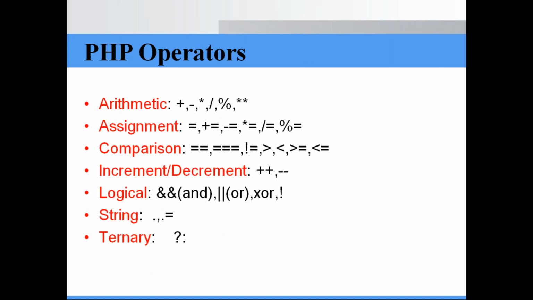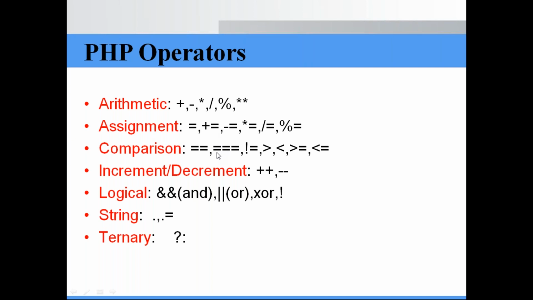Now, coming to the operators which are supported, you can see the operators here. I'm not going into much detail about these basic things. Arithmetic operators, the basic arithmetic operators. You can see the double star symbol also at the end of the arithmetic operators list. It's a power operator, which will be useful for you, right? And assignment operators,